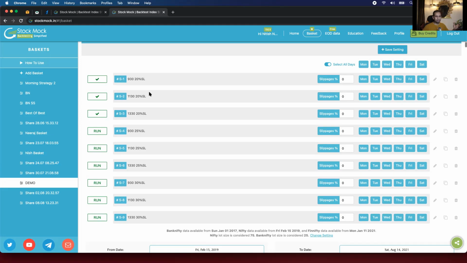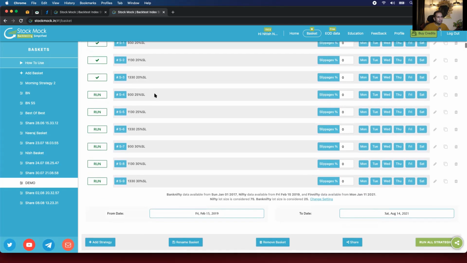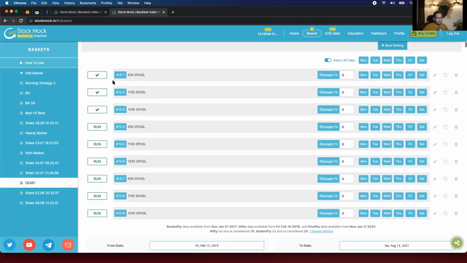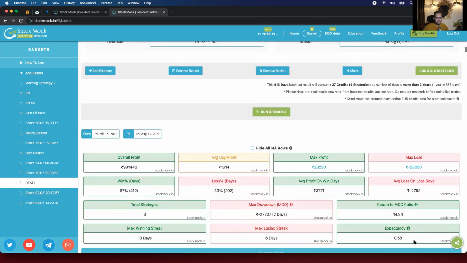This is just to demonstrate what we are talking about. As you can see, he was running such strategies with 20% SL, getting close to 0.6 expectancy and 1600 per day profit, and a 70% win rate. 27,000 is the drawdown for 3 lots, because we are doing one at 9:30, 11:30, 13:30.